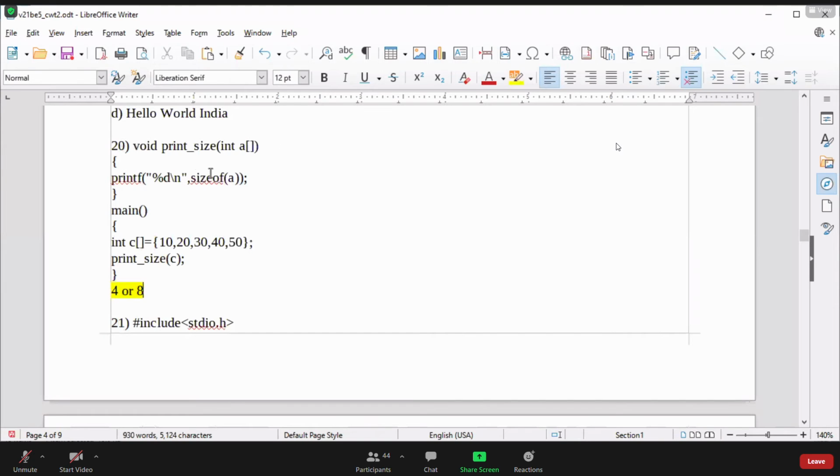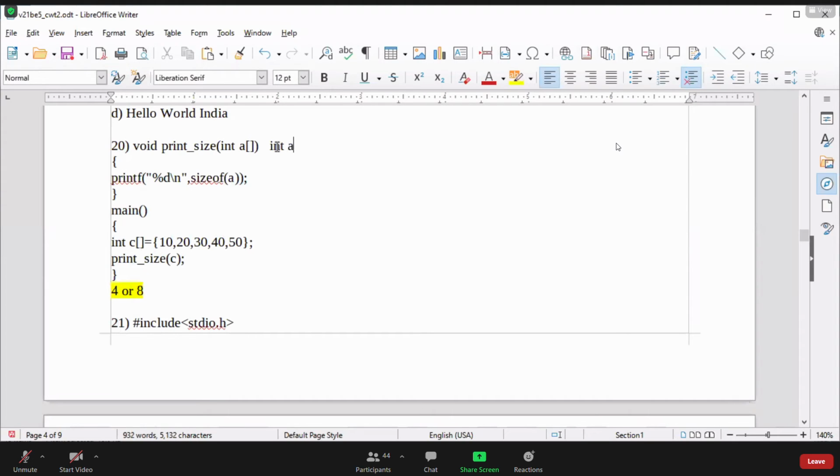So what happens? Just a basic thing: we are calling a function. In the function call, we are passing the base address of an array, and we are catching it using array type only. I hope everyone knows that it is possible with this type also, but internally this A behaves as a pointer, because the correct way to catch the base address of an array is an integer type pointer.